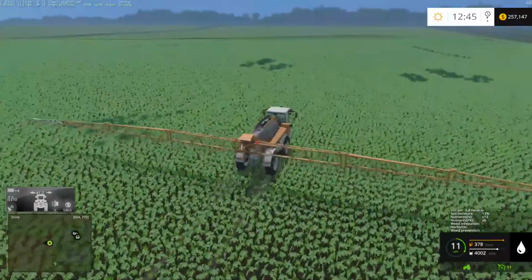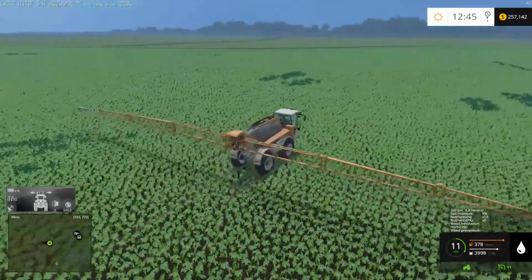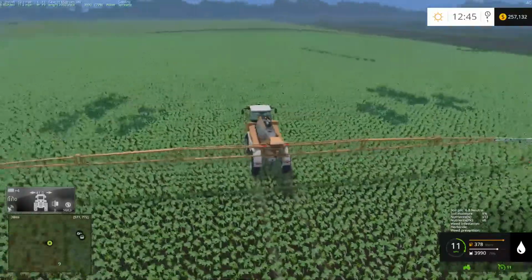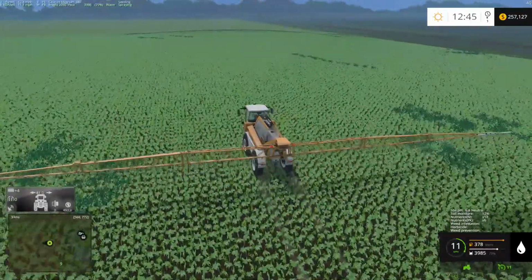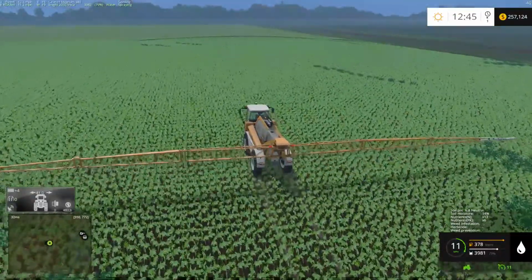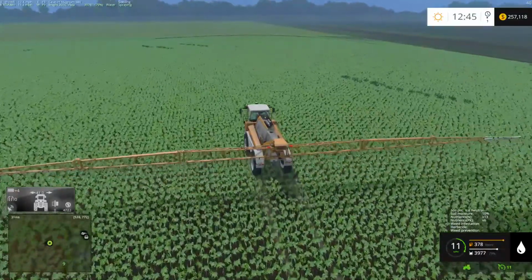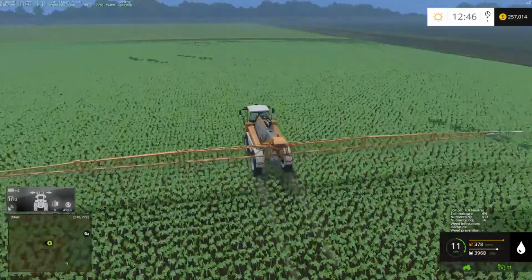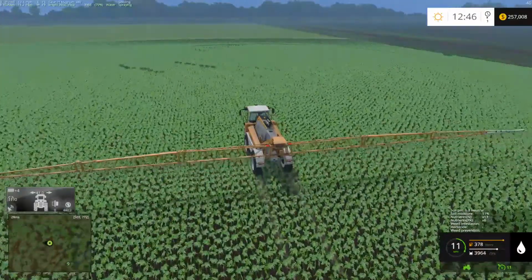Okay, I was going to go on and spray the rest of the fields here, but maybe we'll switch over to spray after this here, and we'll redo this field again just to get some spray on it. I have not seen any herbicide pop up down in the little soil mod info thing there, so...